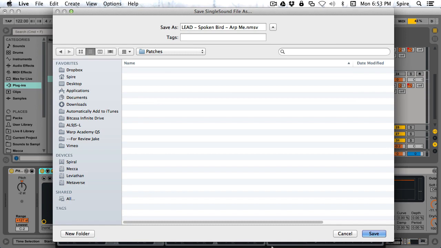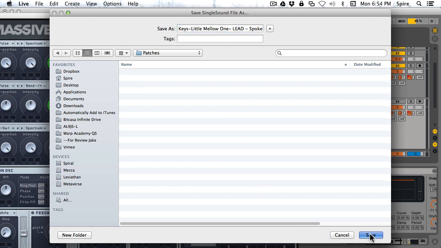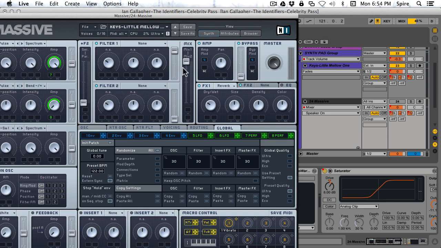And I would save it with the track name. In this case, it was Keys Little Mellow 1, and then the name of the patch itself would also be handy to have in there. Just the more information, the better. And hit save. And that way,